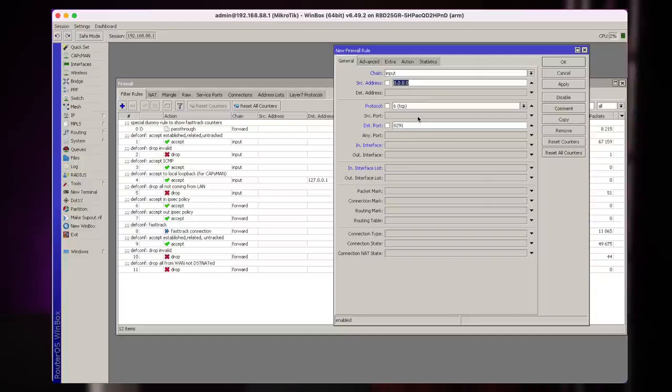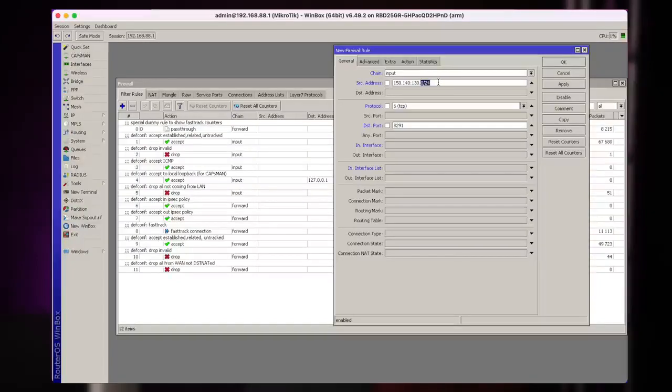So let's say my office address is 150.140.130. And well, let's say I trust my colleagues, even though I don't, and I will add all of this network. Not a specific one IP address, but all of this network.